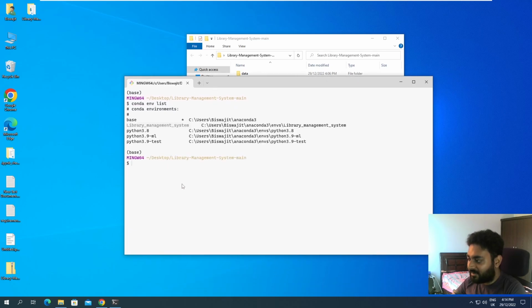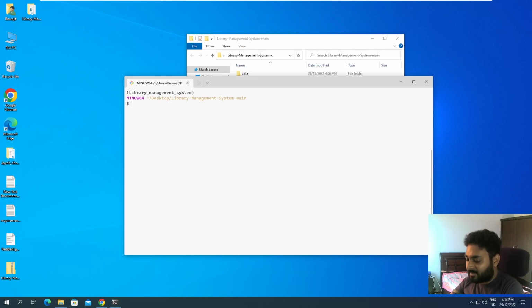I need this environment, conda activate. Okay, and you can also use right click to paste it. So if I do enter, and now I'll go inside the scripts folder. Okay, so here if I do python main.py,